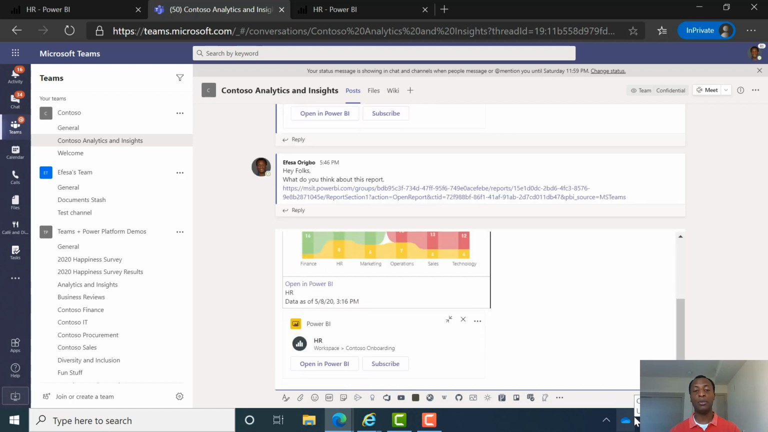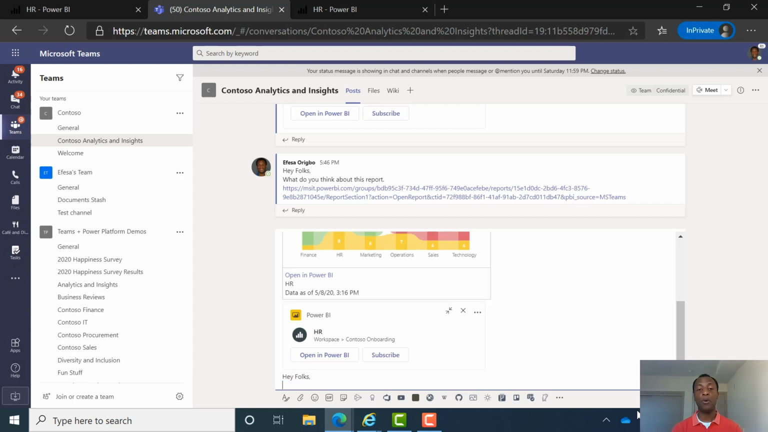And here, all I have to do is just paste that link, and you can see that Teams was able to automatically recognize this link as a Power BI report and render a nice card for users. So here, I can add a similar message. Hey folks, what do you think about this visual? And I can go ahead and